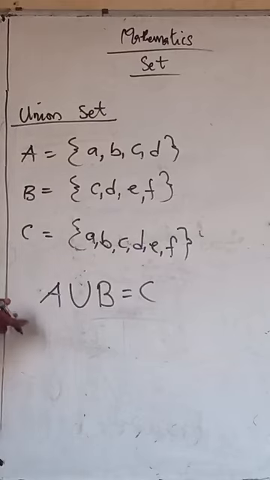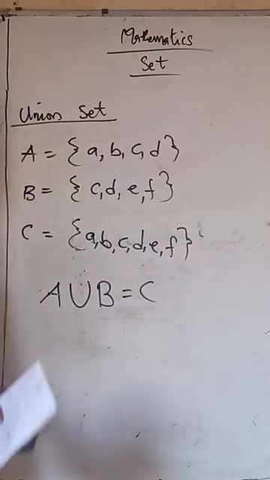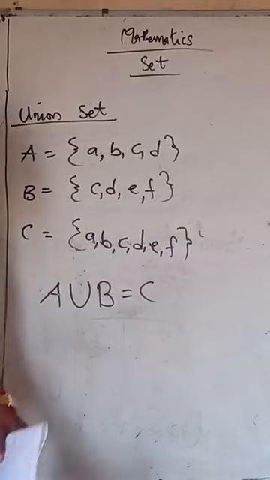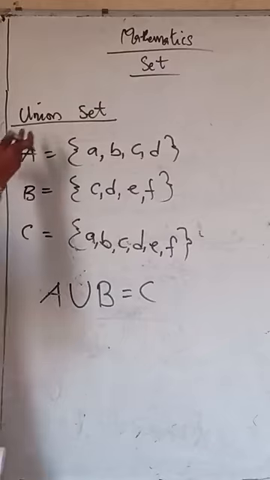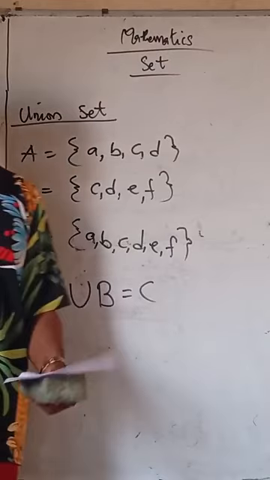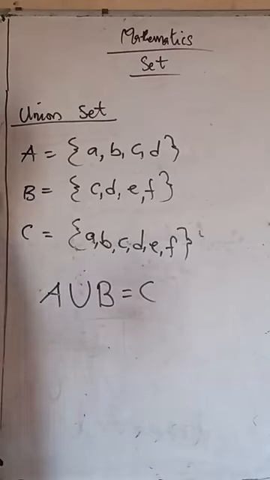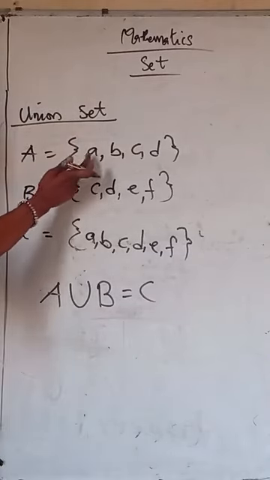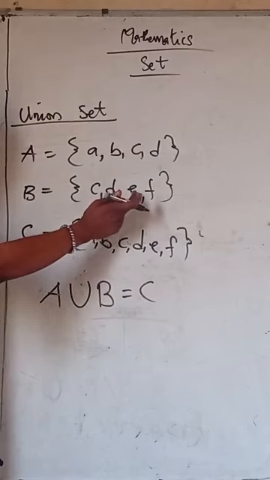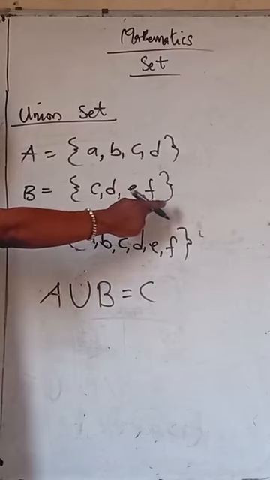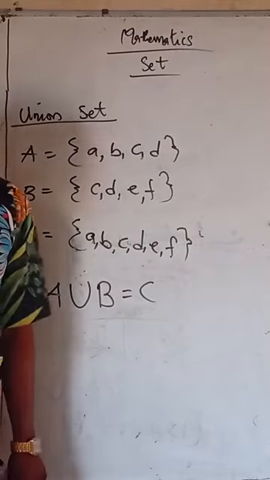Now, we are done with the union set. Now, the next one is intersection. Remember, I told you that union set is the addition or the combination of A and B to produce what? The C. If union set is that, now what will be intersection? Intersection is the opposite of it. Intersection is the opposite of what? Union set. If in union set you have your A, B, C, and D, then the continuation of it is your E and F. Then intersection will be